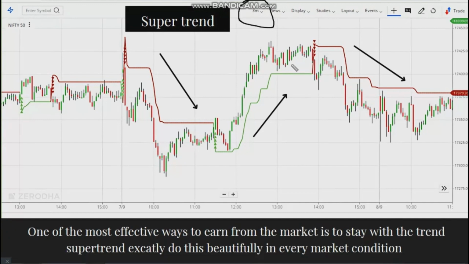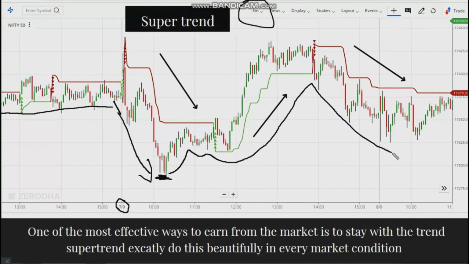We can see the market was almost flat, and then as soon as the market opened on the next day, it went down, right? From here it took support. It was some support and resistance sensitive line which actually held the market and gave support. From here the market went up, down, sideways.